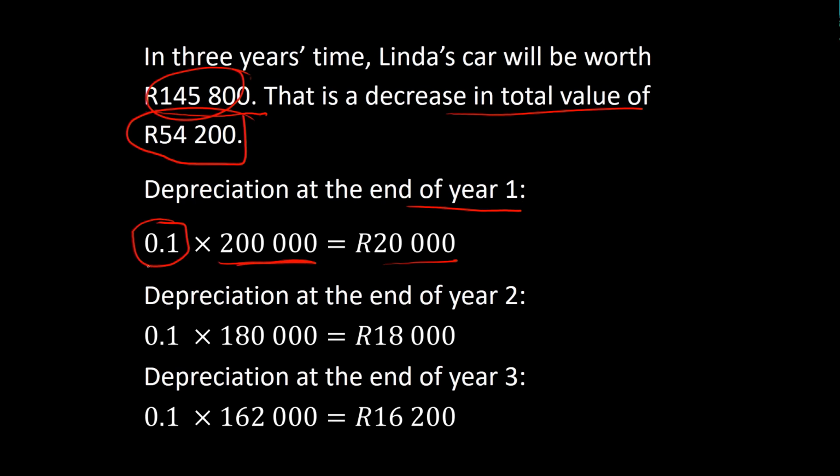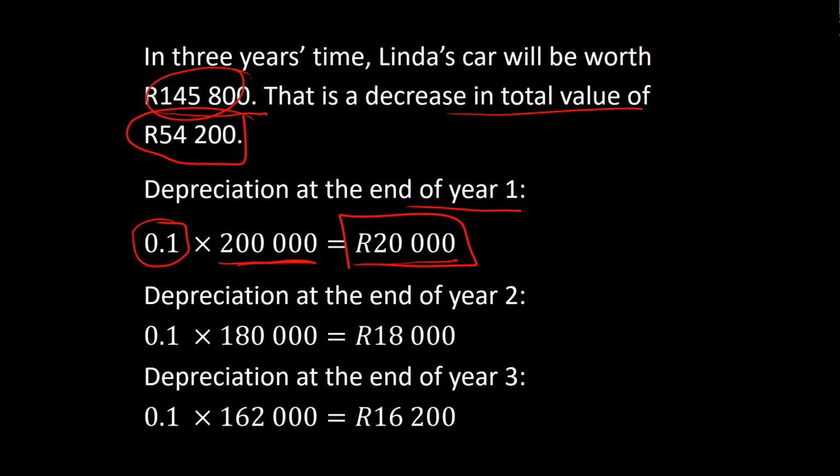So I say 200,000 times 10%, and that gives me 20,000 Rand. So remember now what's happened is when we get to the end of the first year, the car is going to be worth 20,000 Rand less than it was when she bought it. So what will it be worth then? We started off with 200,000. We've reduced its value by 20,000 Rand. So therefore, the car is now worth, at the end of year one, what will it be worth? Well, it's going to be 200,000 minus that depreciation amount of 20,000, which gives us